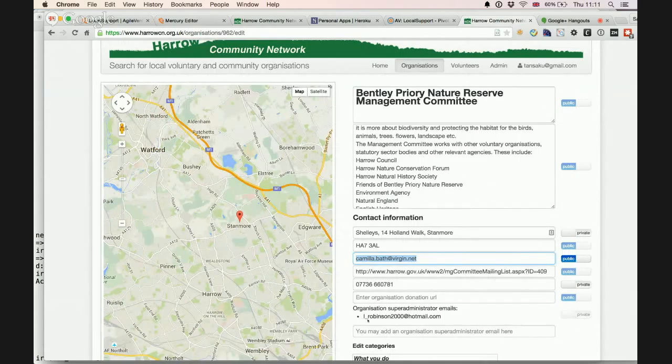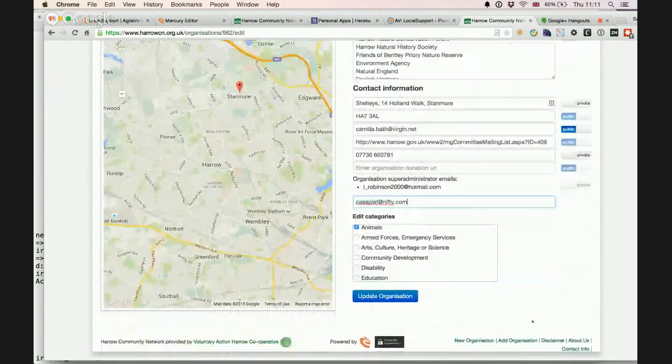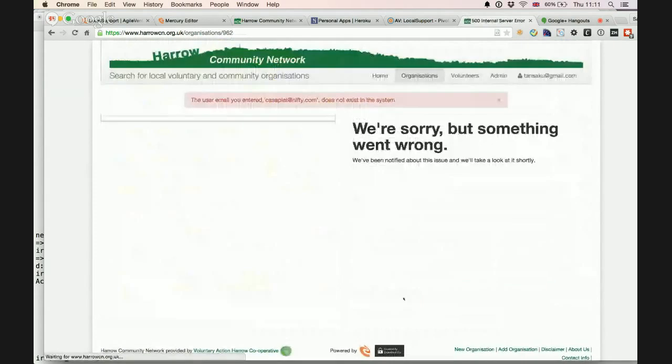I guess the interesting thing is, can we add arbitrary? Well, let's just try. If we just add a random email, yeah, I think that's interesting.